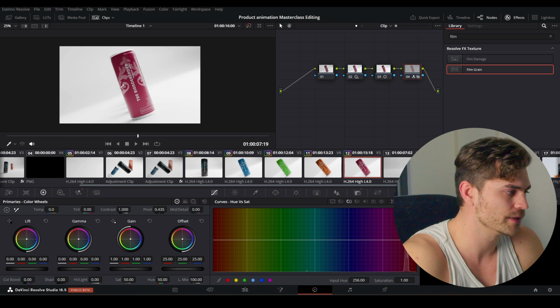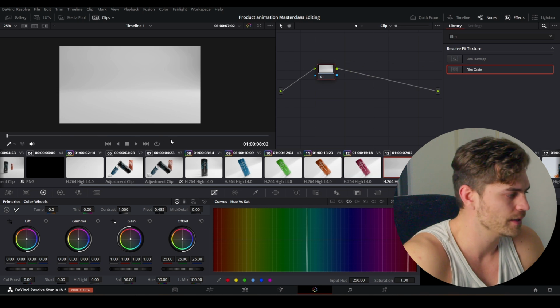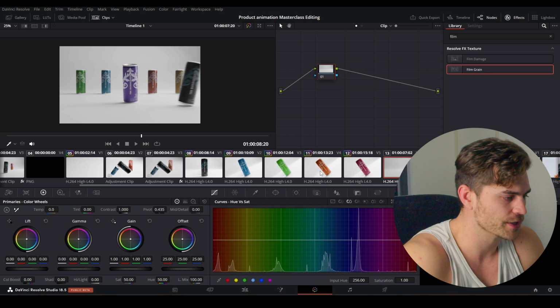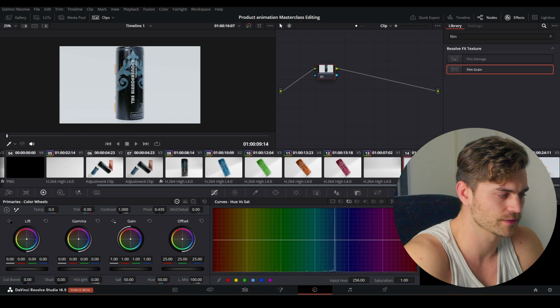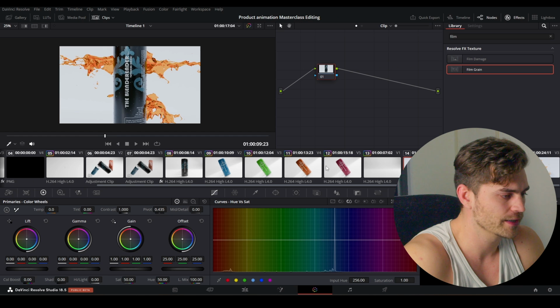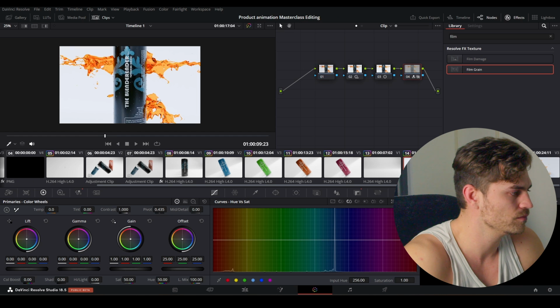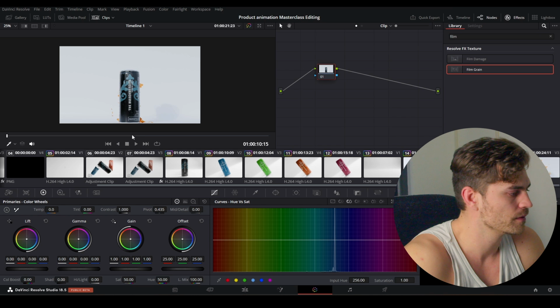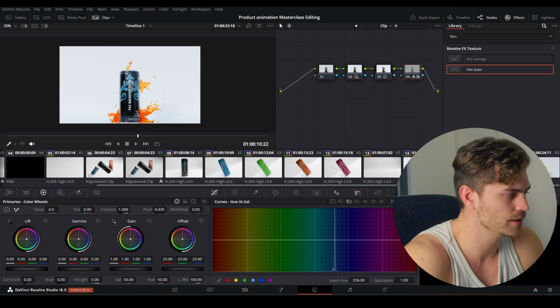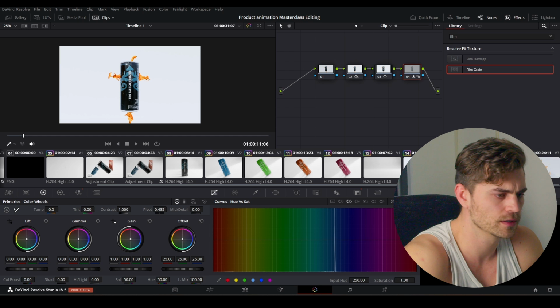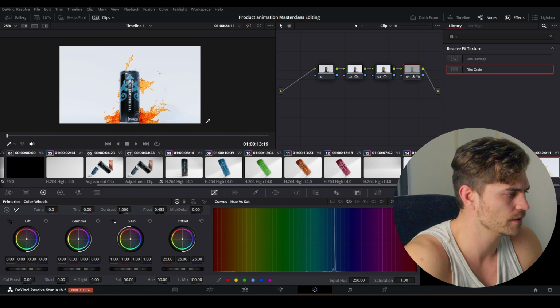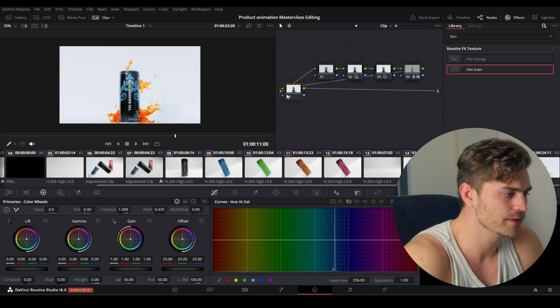I'm going to select the blue one, and this is fine for my taste. And then we've got our swipe transition. I'm going to select this very same color grade. I'm not going to do anything fancy, just going to select it. And right here we can select it as well. It looks pretty decent. Going over here, select it as well. Looks pretty decent. Select it. All right.